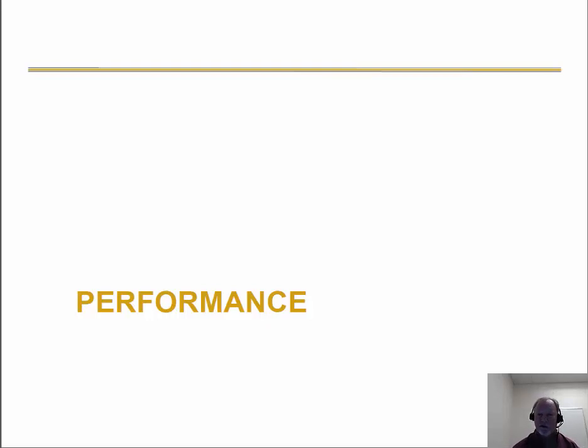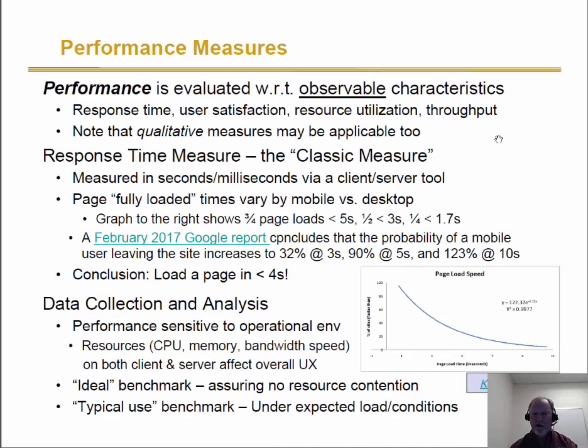So let's talk about the notion of performance next. Performance is evaluated with respect to observable characteristics. These are things, observable, you can look at and measure. Usually you do it quantitatively. Things like response time, perhaps it's a survey of user satisfaction. It could be measures of resource utilization, how you're using that RAM and disk and CPU we talked about, or